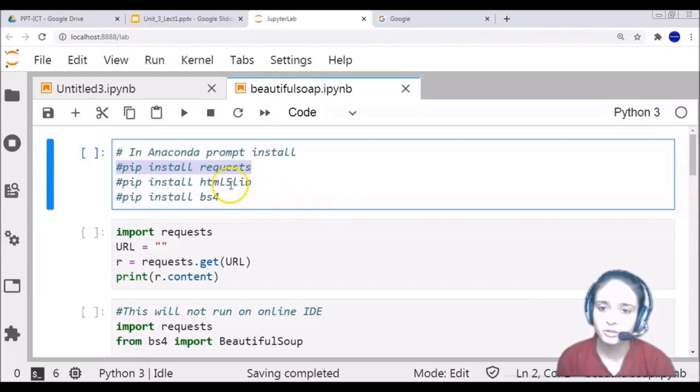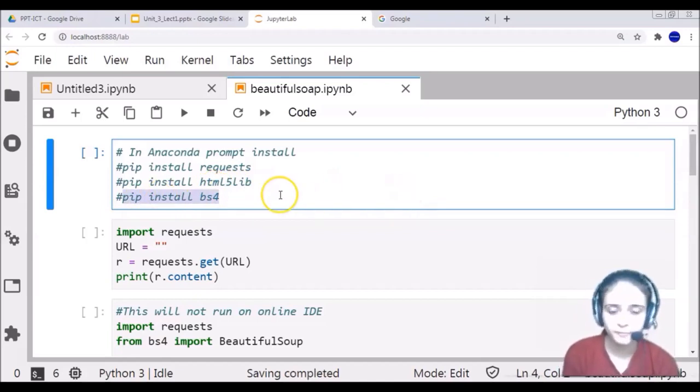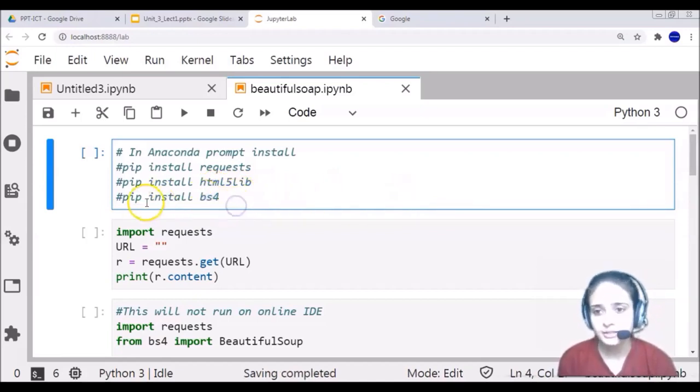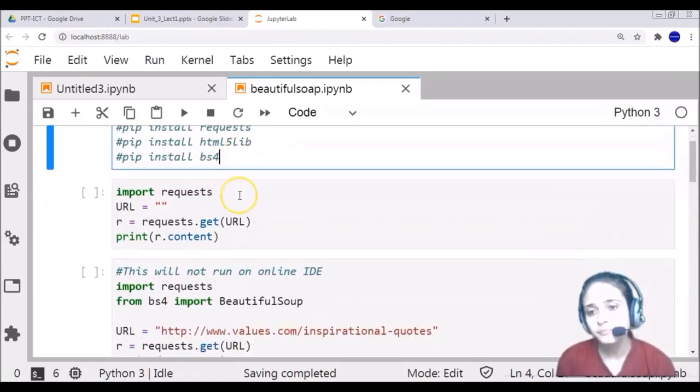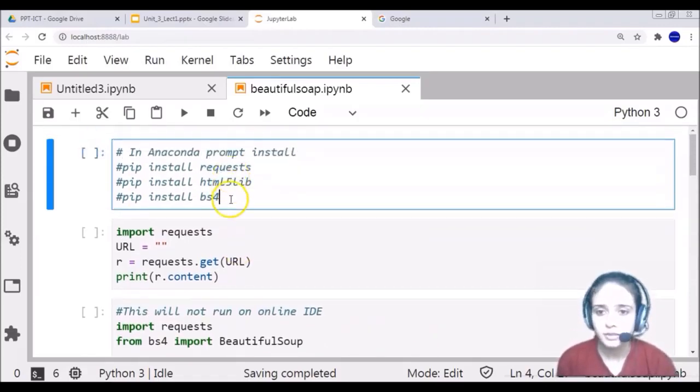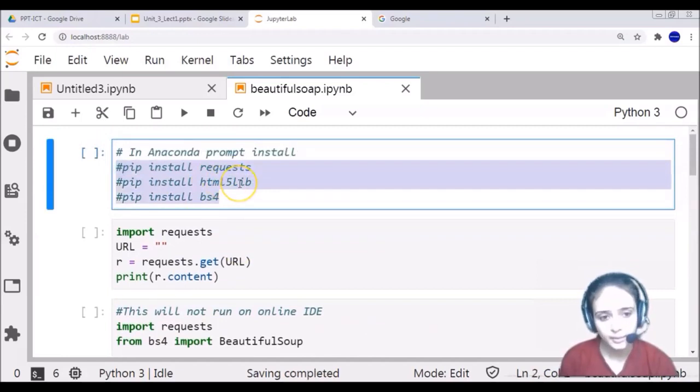After the installation of requests, start installing, that is pip install html5lib. And for Beautiful Soup, the short name is bs4, so you have to write pip install bs4. Before implementing web scraping using Beautiful Soup, you have to install these 3 libraries.